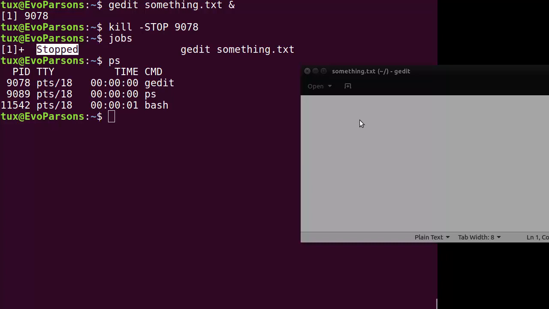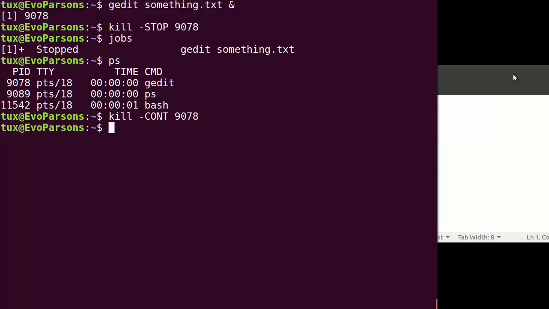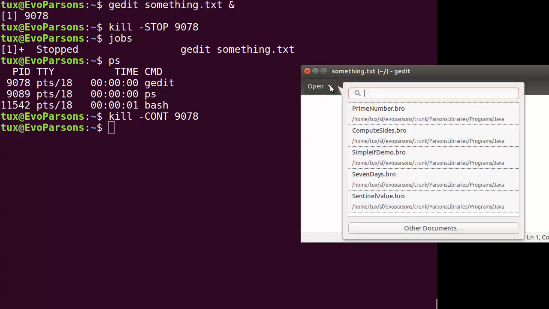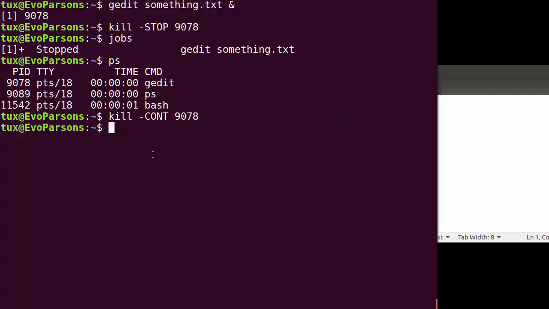Okay, and nothing works here, nothing is going on. And then I can use the kill command, but this time change the signal that I send from stop to cont, that stands for, as you can guess, continue, and then my editor should be responsive. There we go. It is actually resuming execution in the background. Okay, so four different